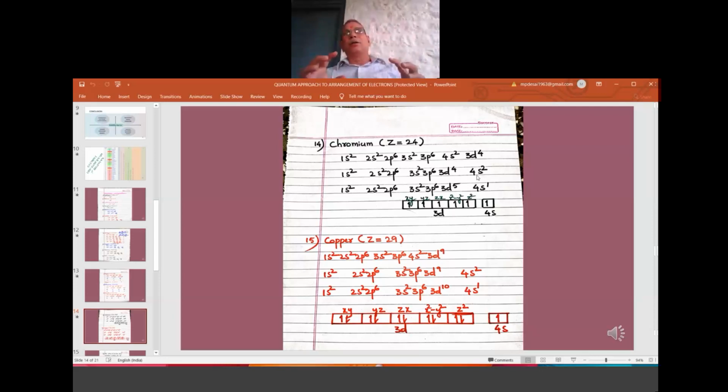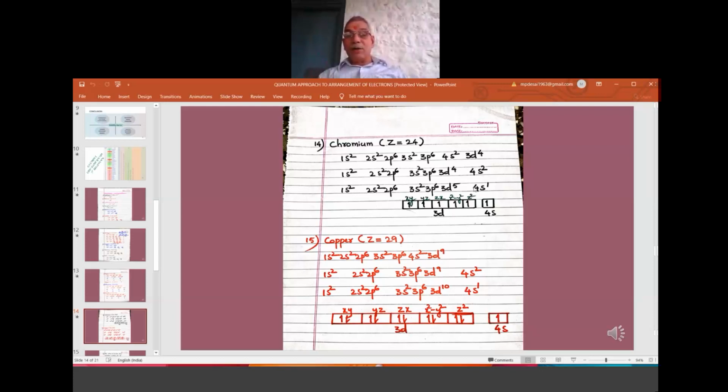Therefore, one electron moves. Why is all this happening? For a good cause, to fulfill one aim. What is the aim? The aim is to become stable. I want to become more stable, so that in total chromium is more stable. So to gain stability, one electron will jump from 4s to 3d and 3d will become 3d5. Here I have written it at the bottom, and 4s2 becomes 4s1. So this is the correct way.